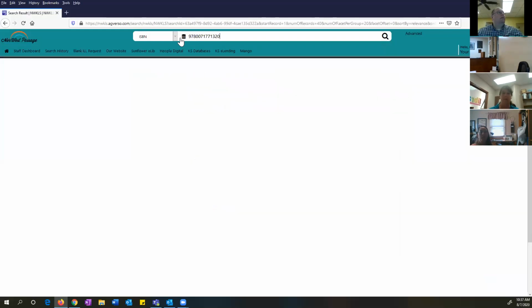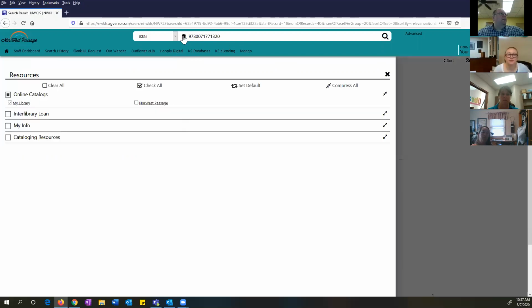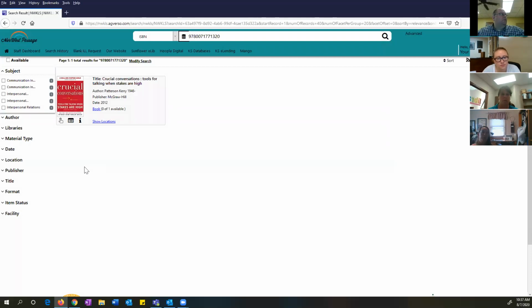Okay, so we're going to plug in our ISBN number, and here's the book that we found. You notice the first search that I did was in my libraries with that scoping change. It's the same as clicking on the Northwest Passage and doing it. Same exact process. And there's actually one record in the system in member libraries that one of the member libraries